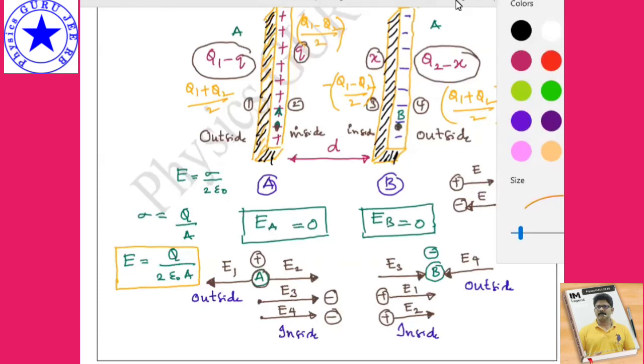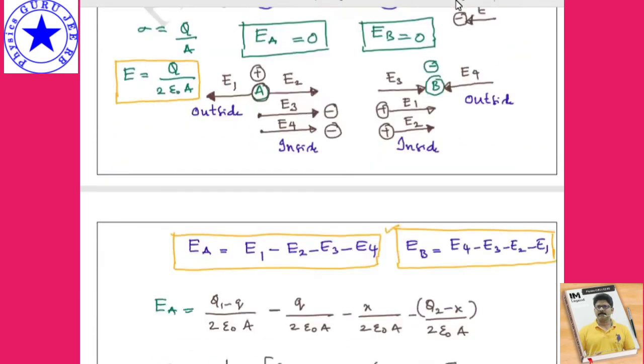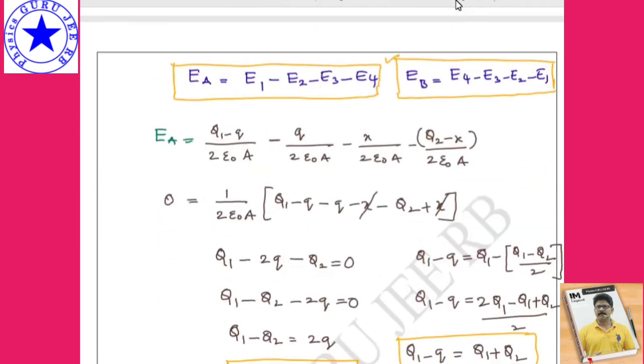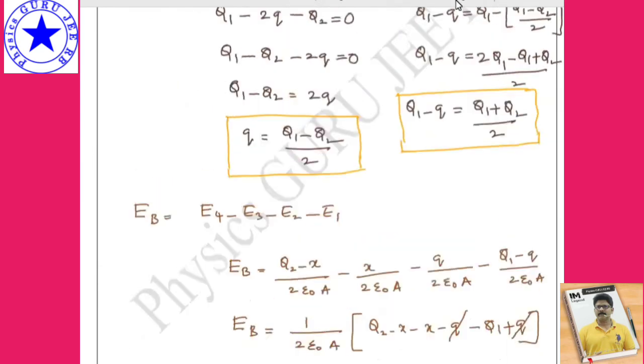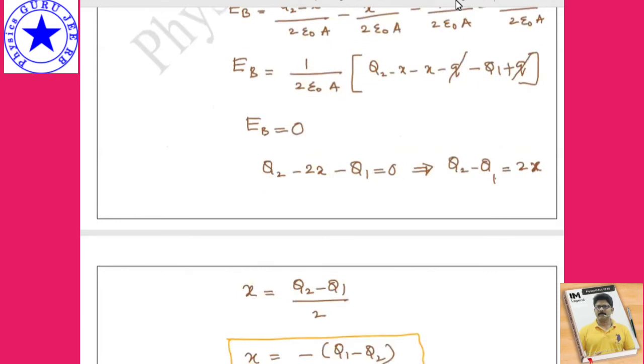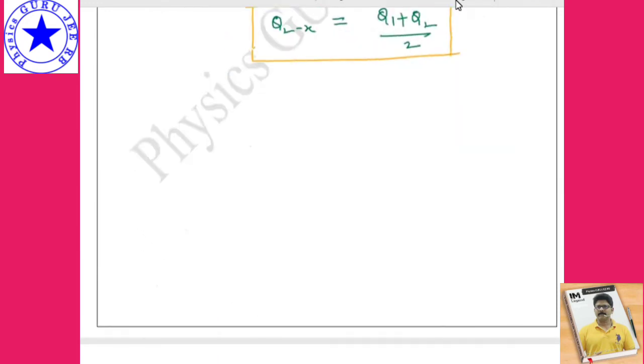Right. Now here these are charge distributions 1, and here it is 2. So the question is asked, how to develop a question on this concept, right? Here we took electric fields E and EB, and then finally we equated it to 0 and calculated the charges inside and outside the surfaces. Okay, now just to take one example and tell me the answer. So example,